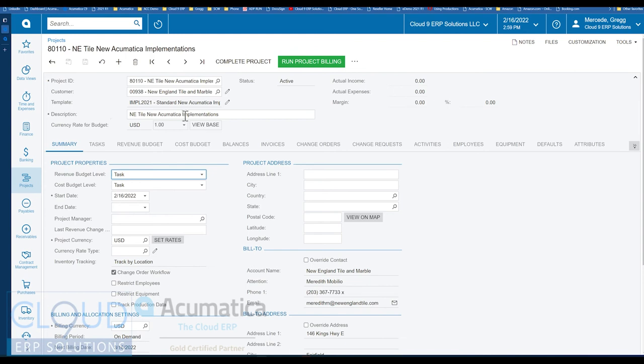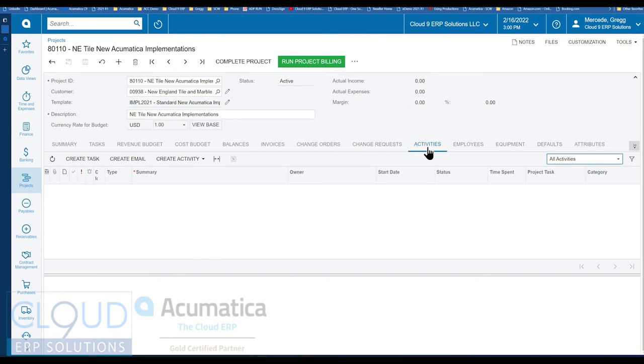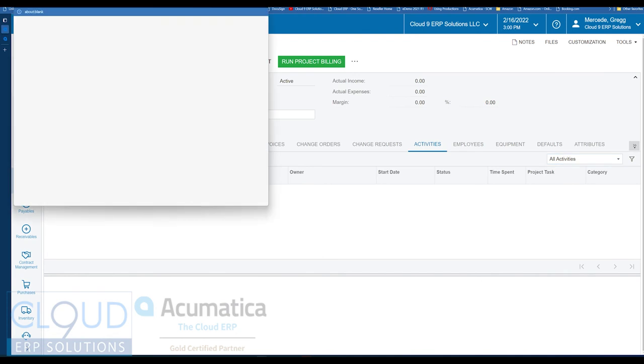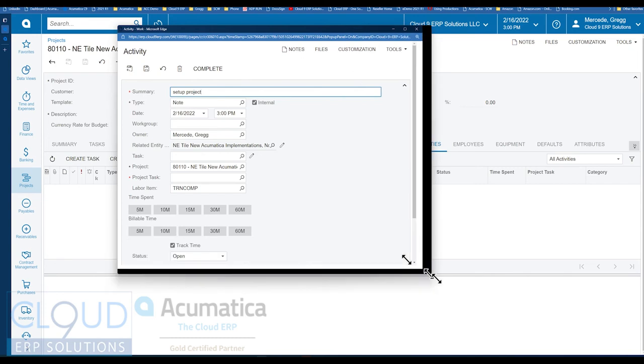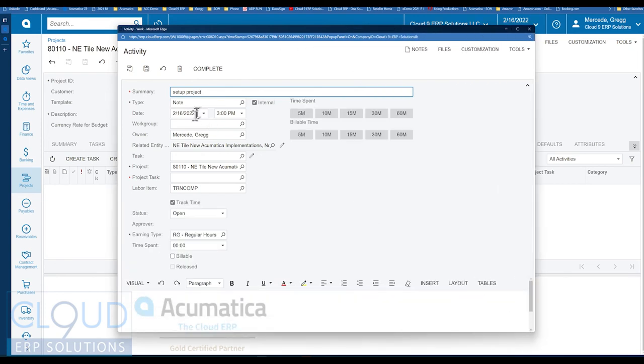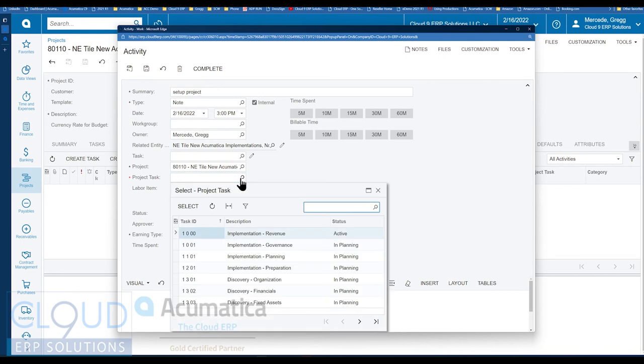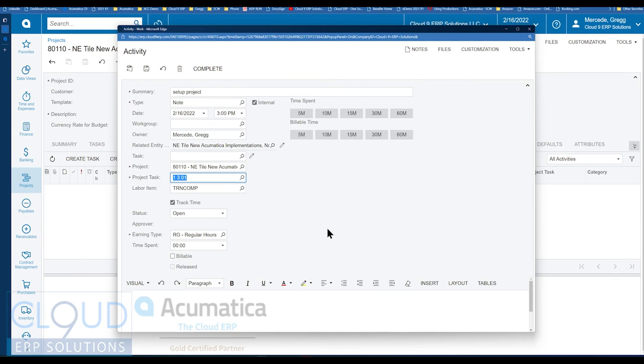But one thing we can do is we can go over to activities in the project and create an activity. So we'll go over here and we'll create a note. And maybe it's set up project. And we have the ability to set the time and the owner. So notice the project automatically comes up and now we could select any task that's active. So we can say, all right, well, this was organization discovery. And then we could pick a time. So you could pick a time here